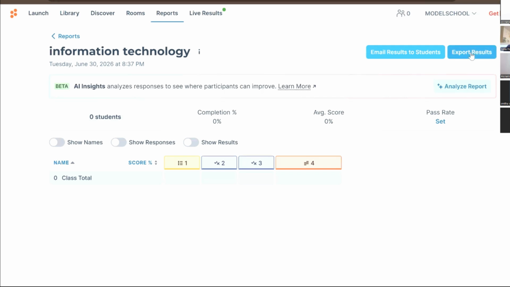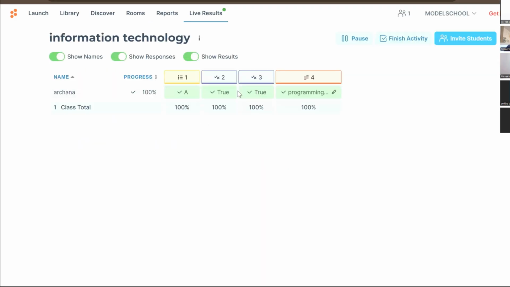Teachers, if you are using these kinds of assessments, one more advantage is there. We can analyze how many questions are given and which question most of the students got wrong. We can assess the students and see which topic is tough for them. Maybe that's why they are not getting the correct answer, right? That is also possible if you are using these assessment tools.